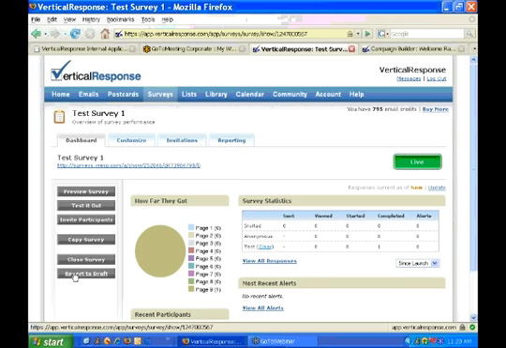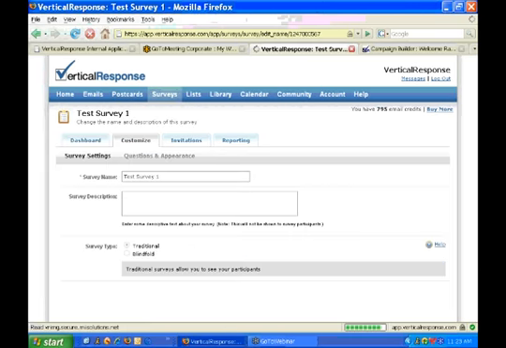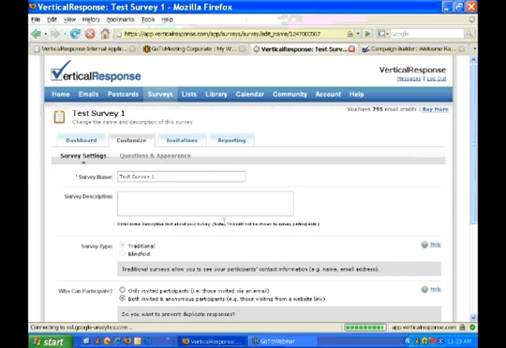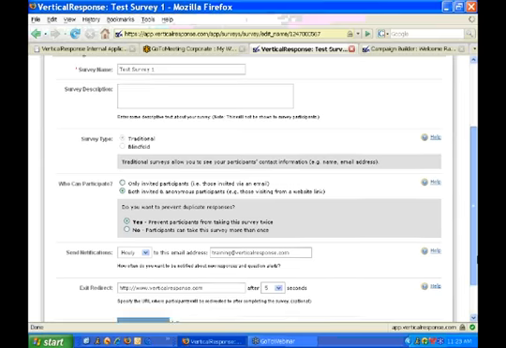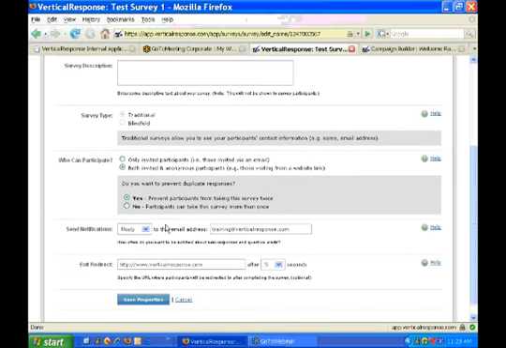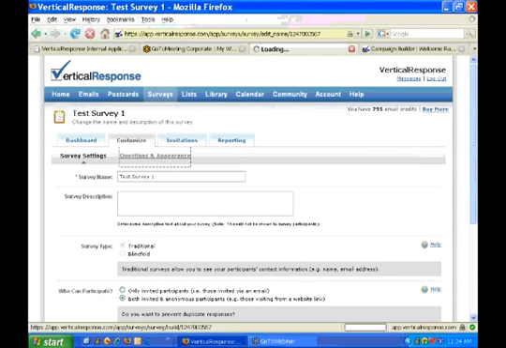So actually, Richard, if you go to the Customize tab there, you'll take a look, and you'll see many of the options are still here. You see you can't switch between traditional blindfold, but there are other options here that you can change, including whether or not you want to allow participants to take it multiple times. And if you scroll back up and go back to the questions and appearance,